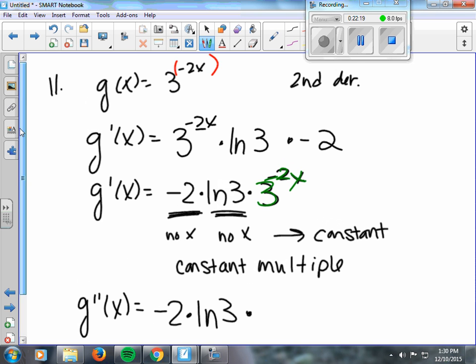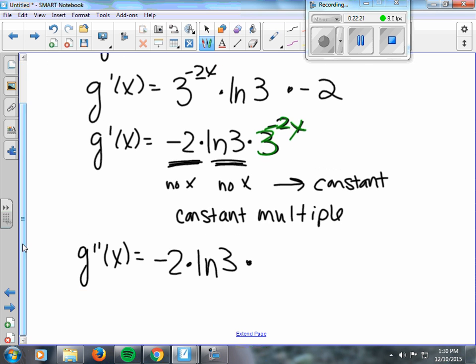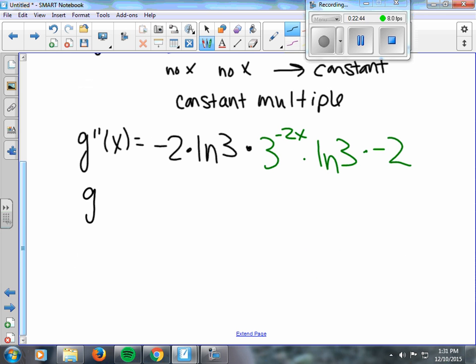You just did that, right? That was the first derivative. The derivative of 3 to the -2x is the same thing, times the natural log of 3 times -2. So I used the natural log of 3 because that was the rule for the derivative of a base non-e. It stays the same, times the natural log of the base, times, if you need to, the chain rule, the derivative of the inside. And so when we clean up this second derivative, we get 4 times the natural log of 3 squared,